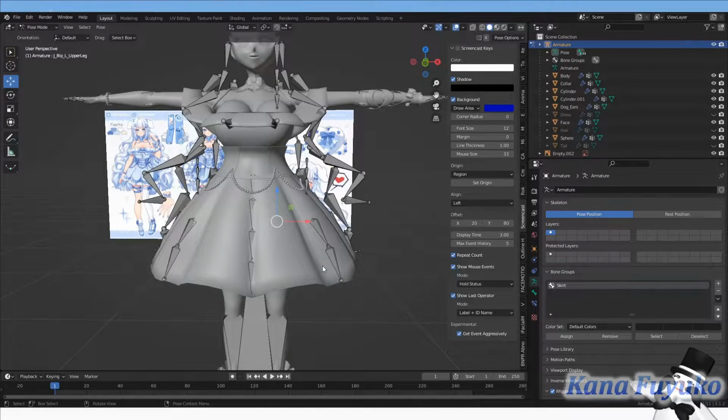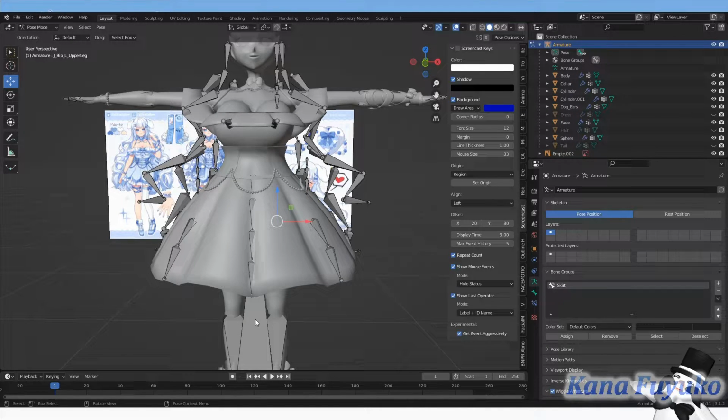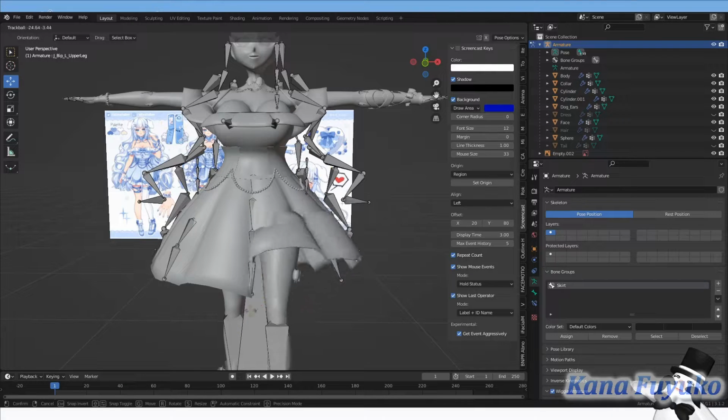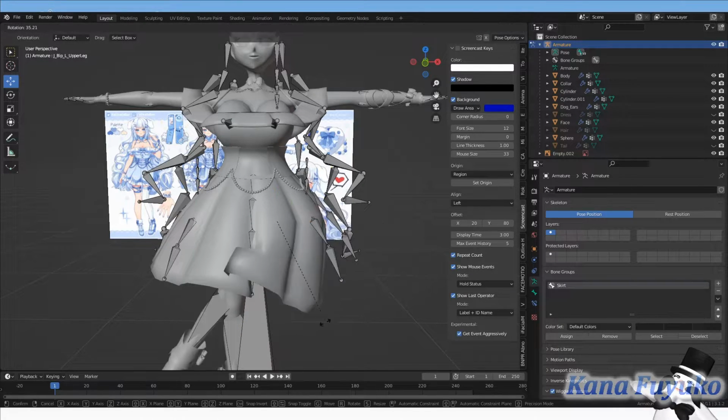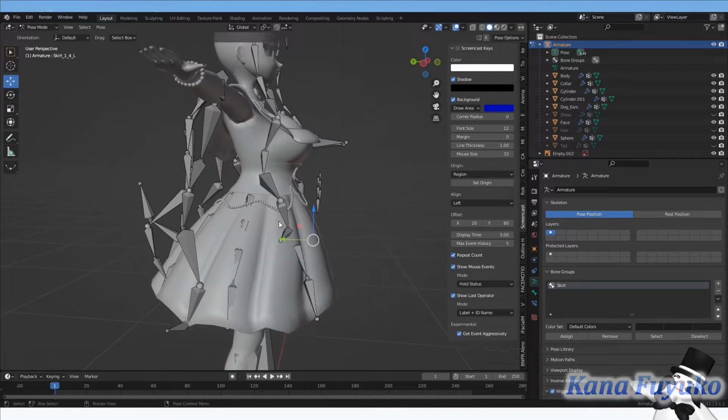Now, if by any chance you have a pencil skirt model, for example, something like this might be good for you, since the dress would follow the legs, or I guess certain optimizations. But honestly, this tutorial is not just about weight paint transfer. We're going over the skirt rig, so I'll show you that.